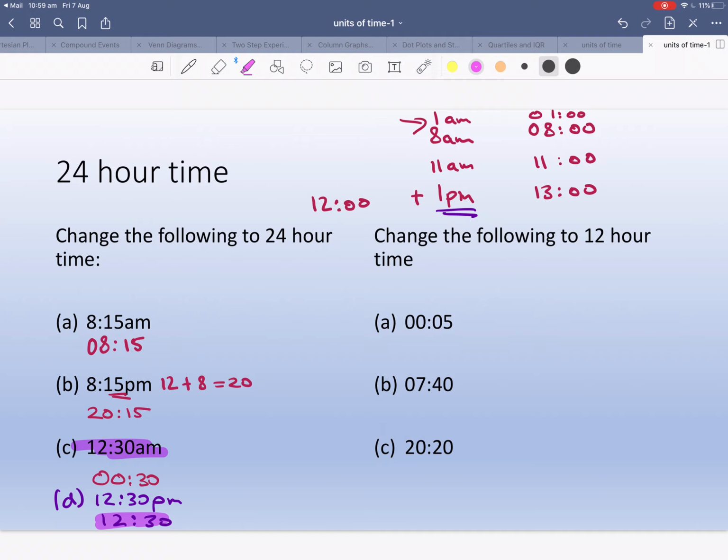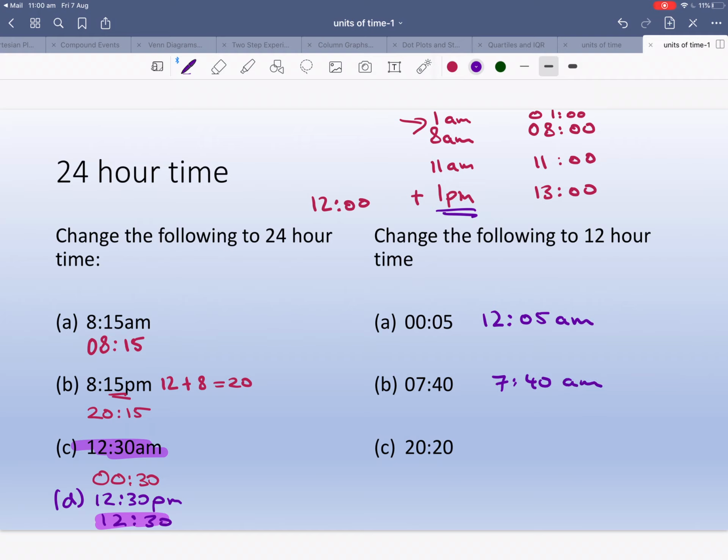Okay, let's change this one. Given this one, we're going the opposite way. We're going to put it to AM, PM time. So this is just past midday, so it's going to be 12. So it's going to be the opposite of what we just did, 12:05 AM. It's really early in the morning, okay? This one should be pretty straightforward, 7